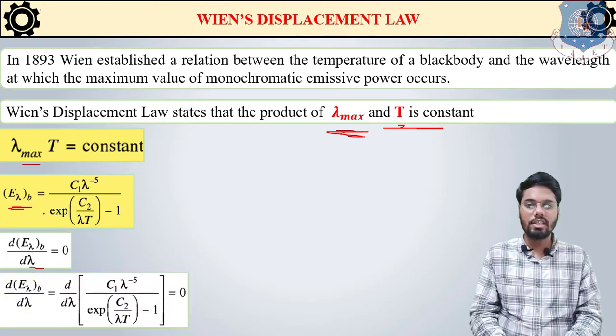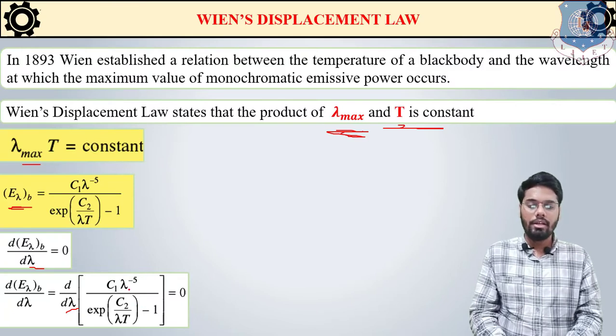So let's differentiate this equation with respect to lambda. By differentiation of this equation, in the numerator we have C1 lambda raised to minus 5, and in the denominator we have exponential of C2 by lambda t minus 1. So differentiation of this equation would be, first we will put this denominator as it is, and differentiation of this